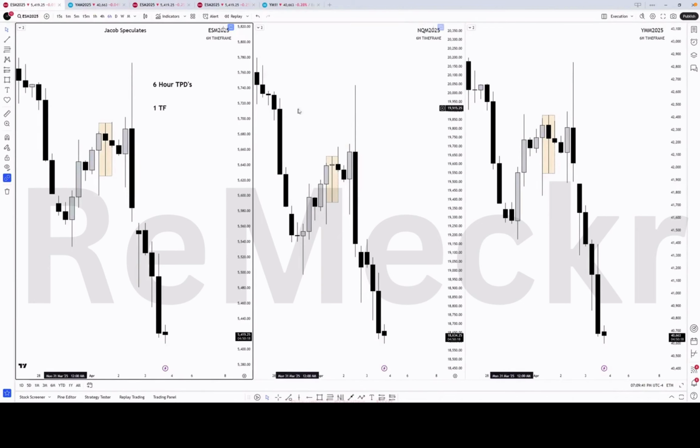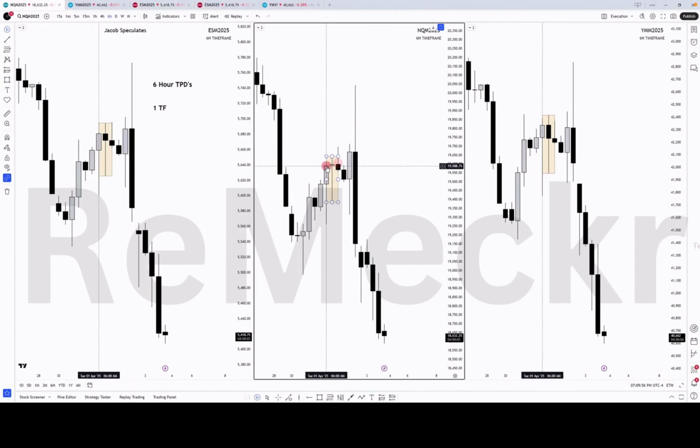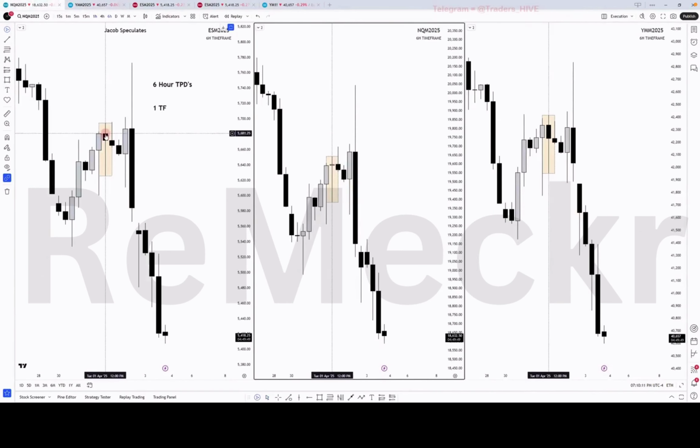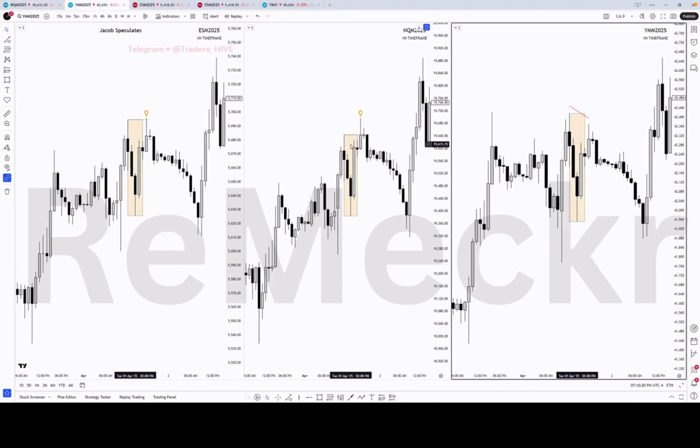Well, if we look back at the chart, looking at the NASDAQ, it made an up close candle for candle 2, but more specifically, the open of candle 3 was higher than the close of candle 2, meaning this was going to be the one that's more resistive for downside and easier for upside. So that's why as soon as the next day opened up, which would be right here, because remember, the 6-hour TPD formed in the PM session. It was the last 6-hour candle of the day. So candle 3 would be the new 6-hour candle of the new day. The new day trades higher, trading above this high,